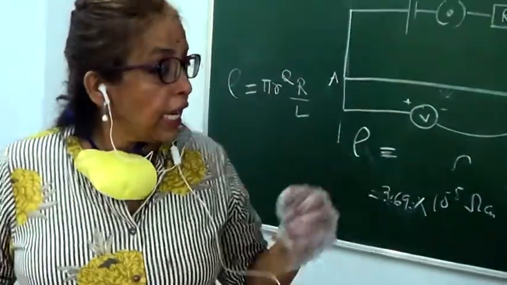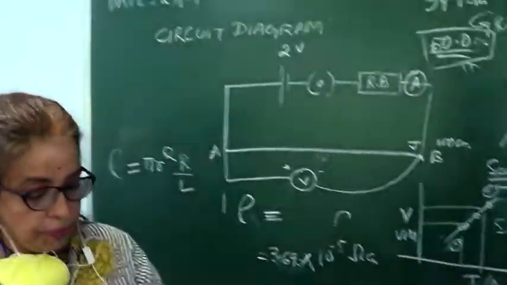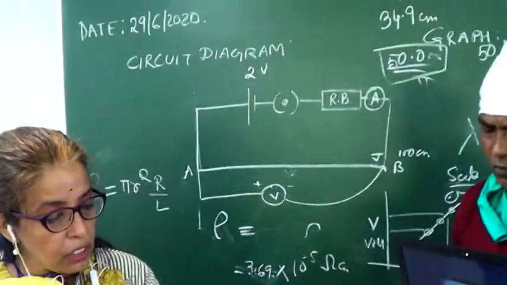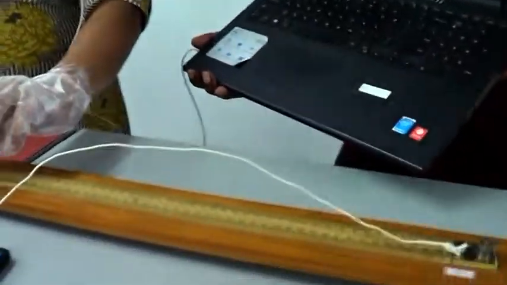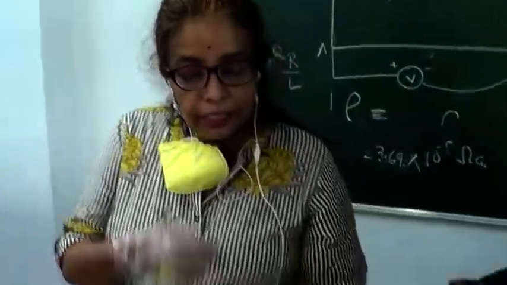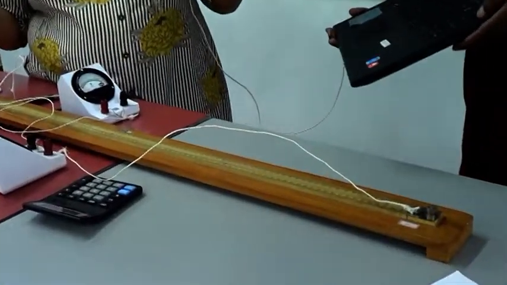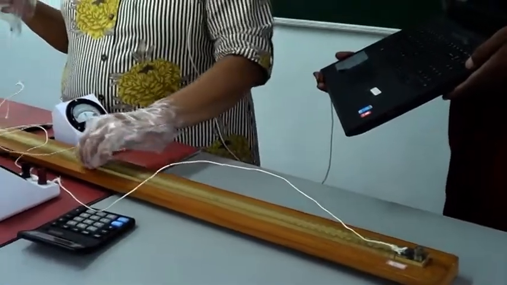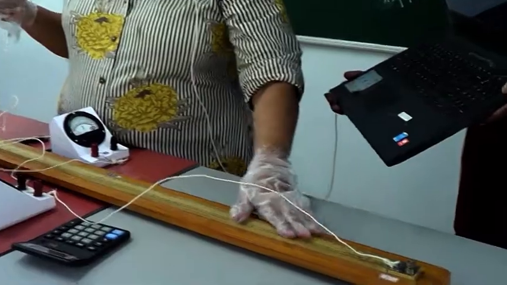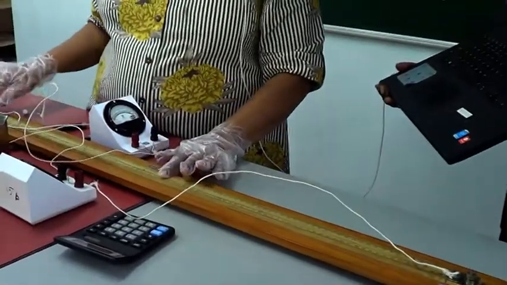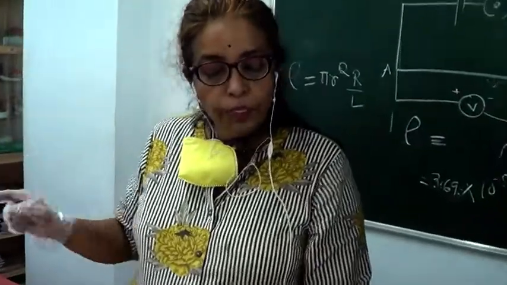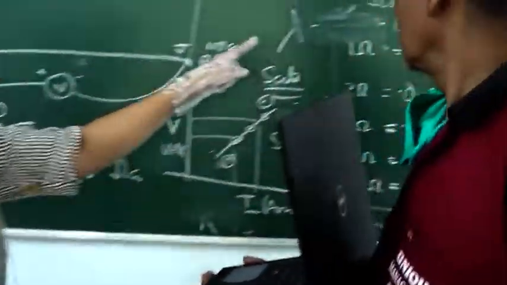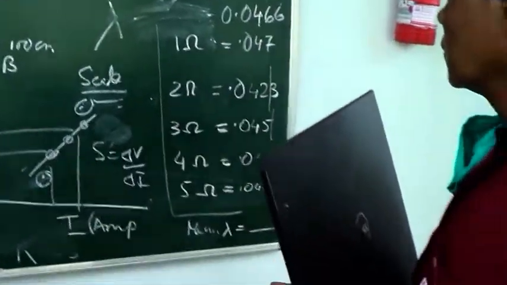Now one more thing, can anyone tell me what is this lambda? Now I hope you relate your theory which we did in the Zoom class. This potentiometer has this 100 centimeter. This is the constantan wire which has 4 ohm. When you come in the lab, I will show you with a multimeter what is the actual. This is 4 ohm. The wire has a resistance of 4 ohm. If I divide 4 by 100, that comes to 0.04 ohm per centimeter. What you did in practical is very close, because experimental errors are always there.